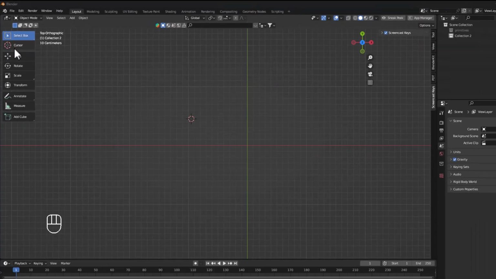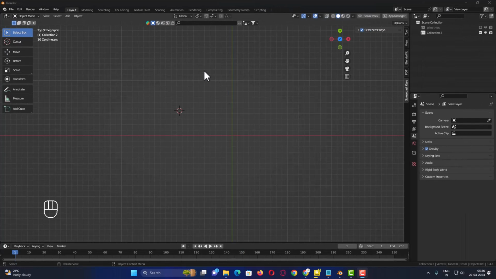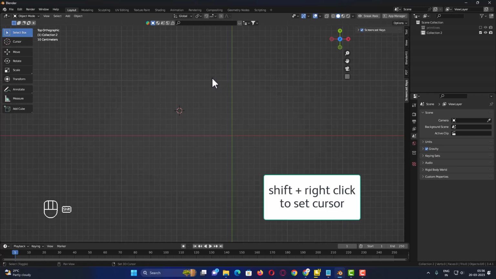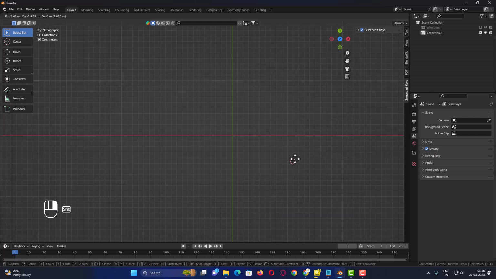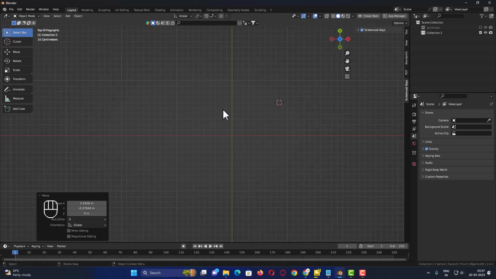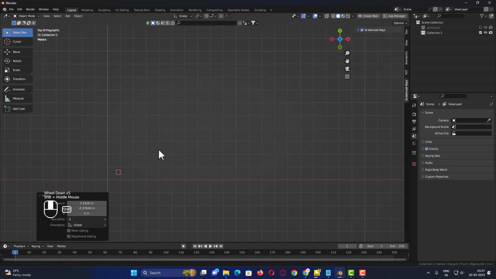Now, the keyboard shortcut for this cursor is, when you are clicking, normal left click is to select the object, but if I press Shift and right click, you can see the cursor can be placed anywhere. As I click and drag, I can even right click and drag it and place it anywhere. So, I can place this cursor anywhere like this. See, sometimes what happens is, say I zoom out like this and I come somewhere here, and with Shift right click, I add the cursor right here. So, I have added the cursor here.